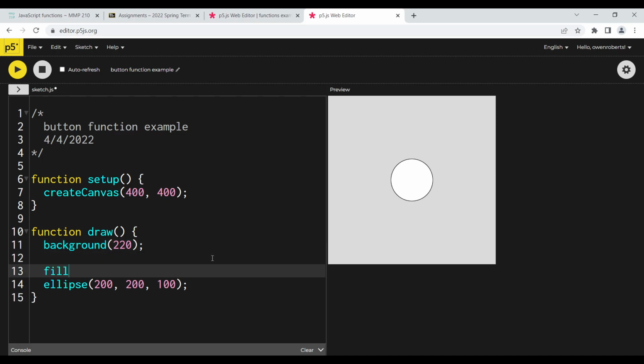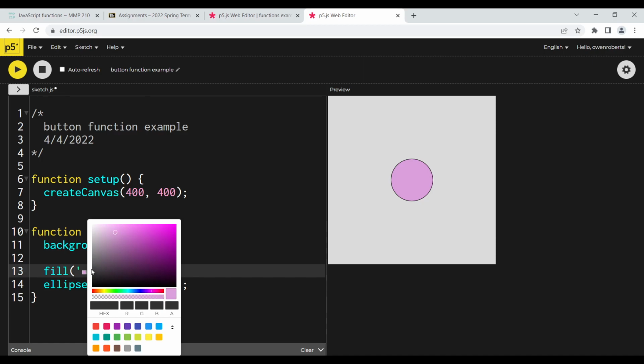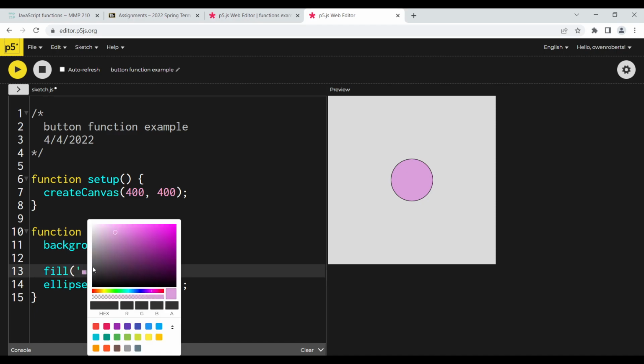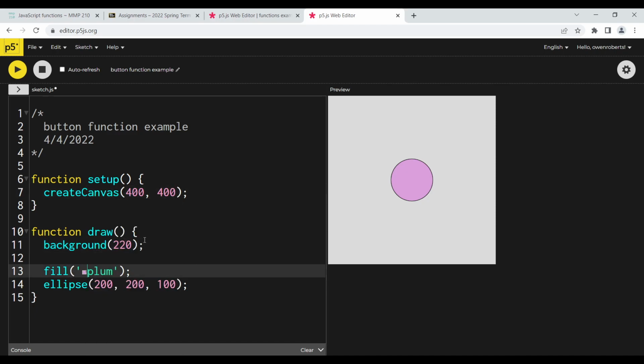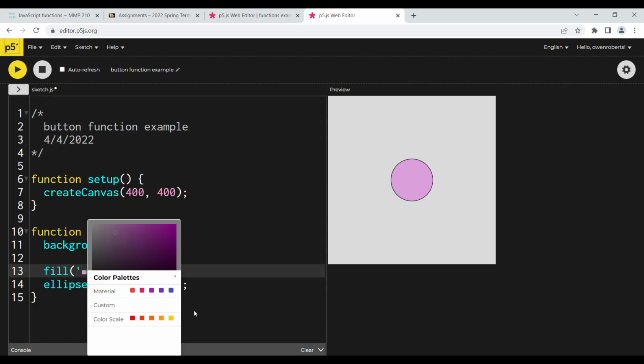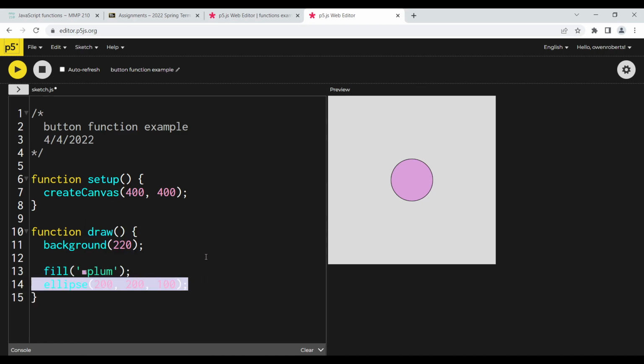So let's fill the ellipse. I'm going to use plum. Oh, this is new. I haven't seen this before. I think P5 must have added this so I can see. That's actually really cool. We can see the color values here. So we could take the RGB values and throw them in there if we want to. Or can we just change the color to? Oh wow, yeah, that's pretty cool. I think they must have just added that. There's some basic colors here too. Cool. Anyway, so I'm gonna fill plum,